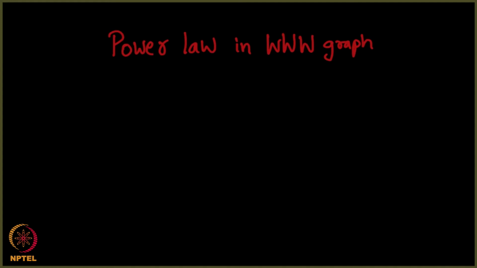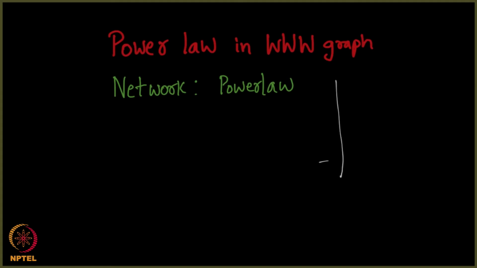Before going any further, I'm going to address this quick question on how to detect power law in a given network. Assume you're given a network and you have this question in mind: is this network exhibiting power law? If so, then what exactly is the exponent? So the x and y axis, and if you see something like this, what exactly is the exponent of this? I told you that the exponent in case of